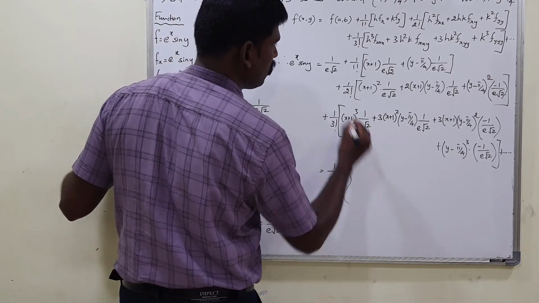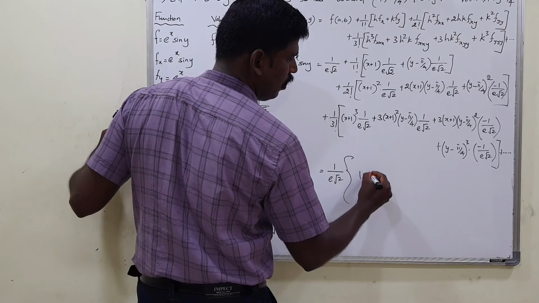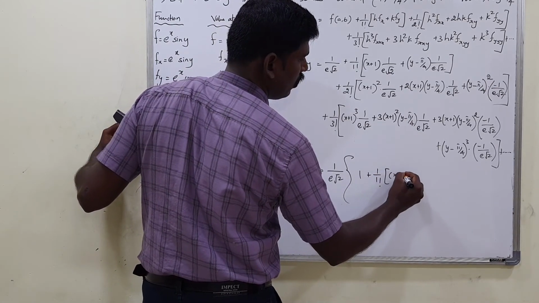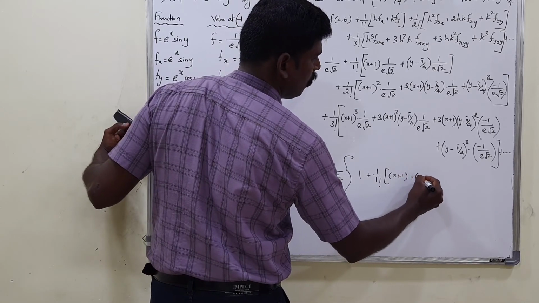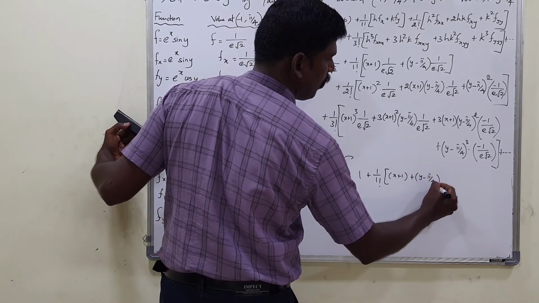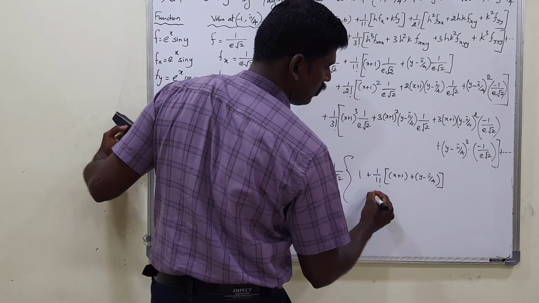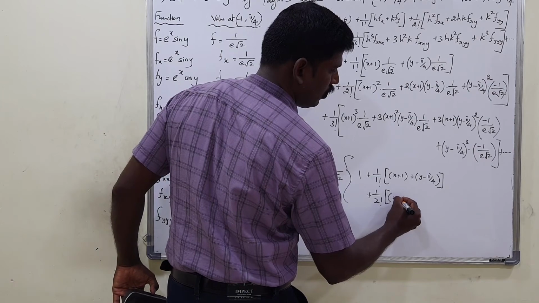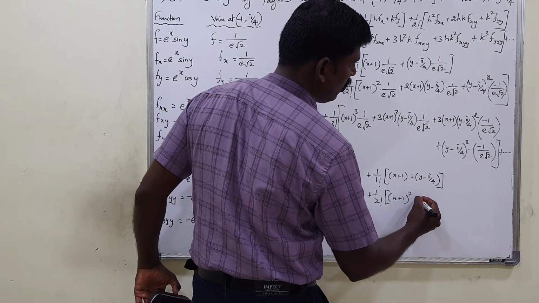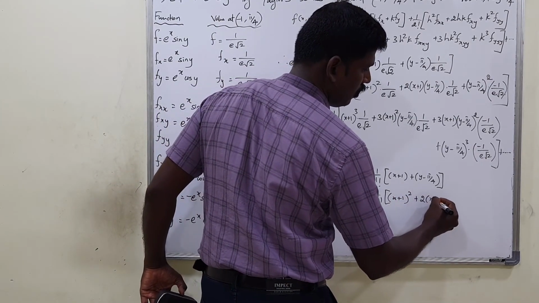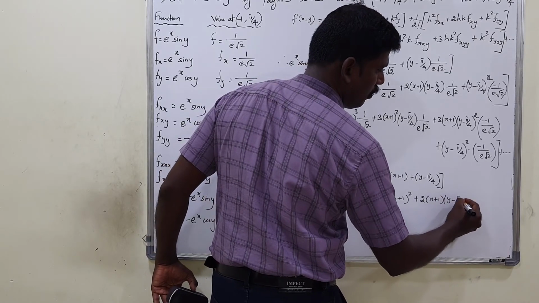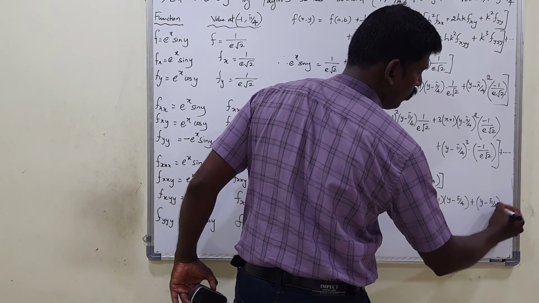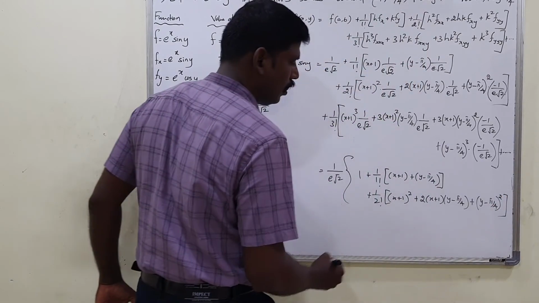So the first term becomes 1 plus 1 by 1 factorial into x plus 1 plus y minus pi by 4, plus 1 by 2 factorial into x plus 1 the whole square plus 2 into x plus 1 into y minus pi by 4 plus y minus pi by 4 the whole square,